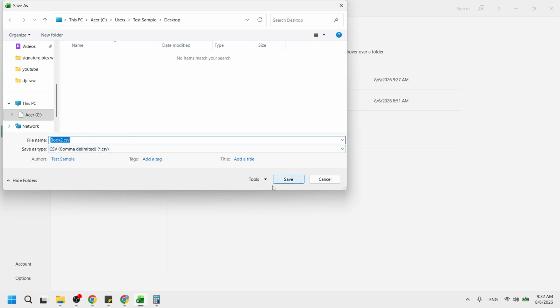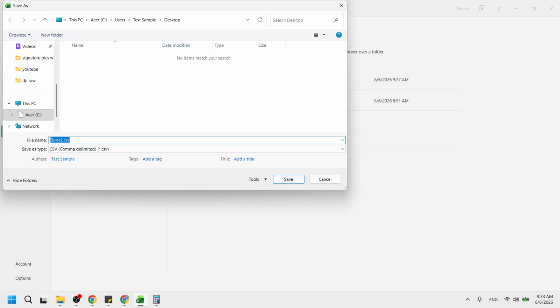When you save, Excel will warn you that some features might be lost, because CSV only keeps plain text and numbers. That is normal for this process, since Google Calendar only needs the data, not formulas or formatting. After saving, your CSV file will appear in the folder you selected.